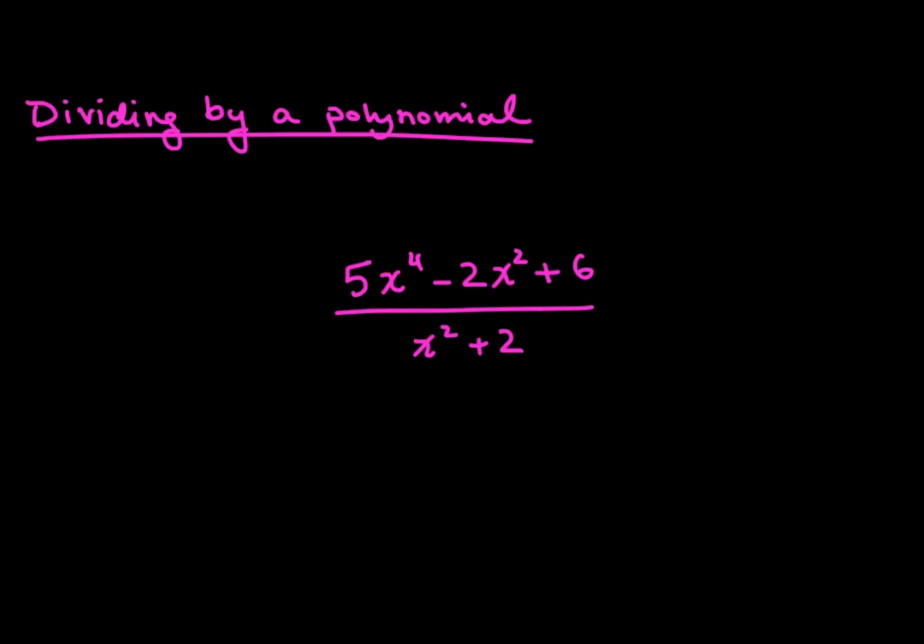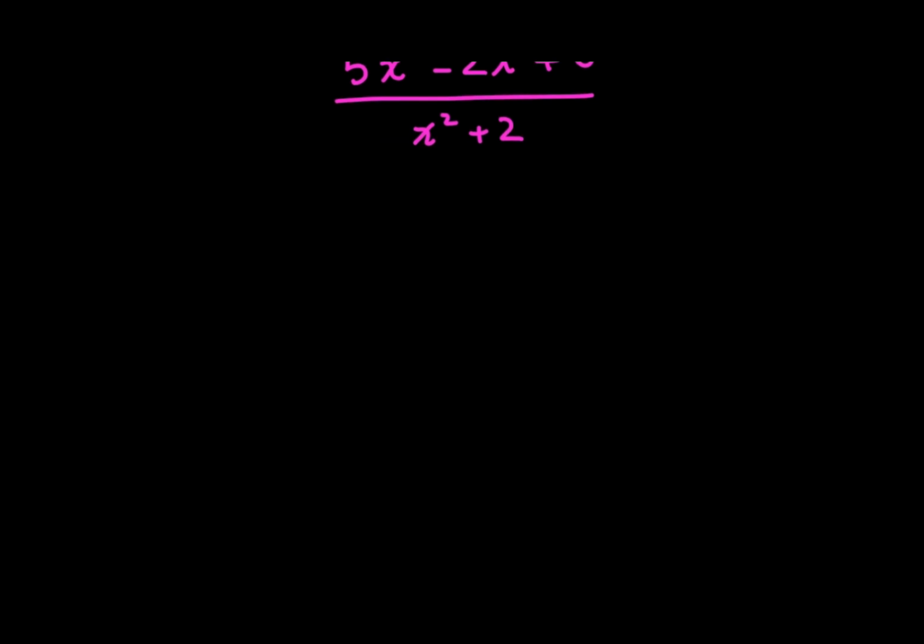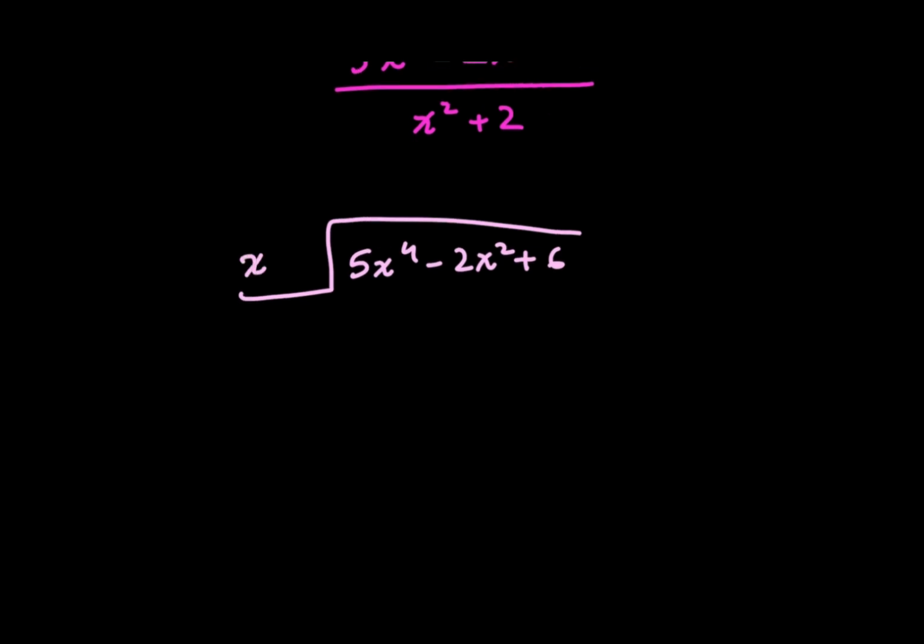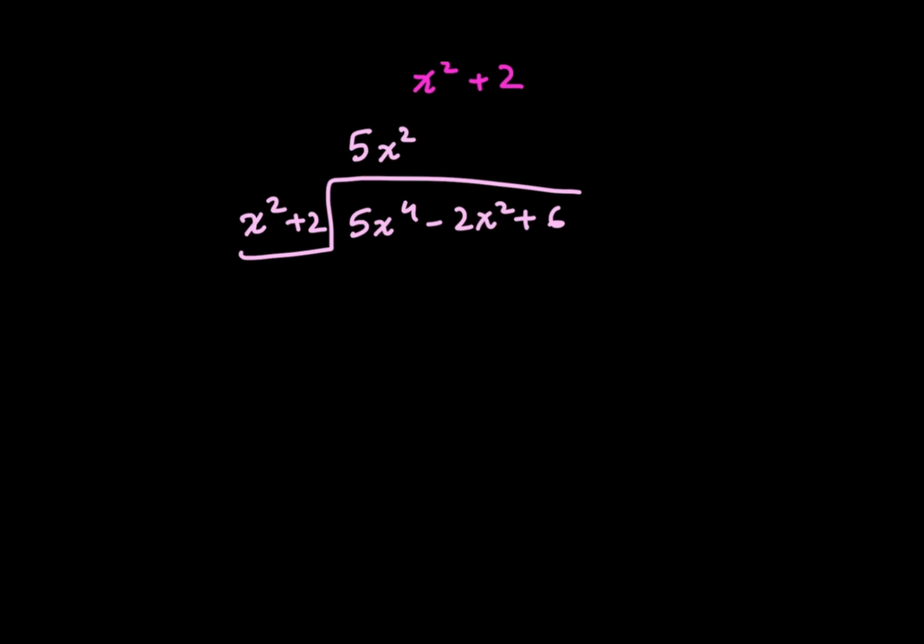Let's look at one more example of dividing a polynomial by another polynomial. So let's set up the long division again. I have 5x to the power 4 minus 2x squared plus 6, and I'm dividing this whole thing by x squared plus 2. So I do the same process. I look at the first term and I ask myself, what can I multiply by my divisor, x squared plus 2, to give me 5x to the power 4, which is just 5x squared. So if I multiply x squared plus 2 by 5x squared, I get 5x to the power of 4